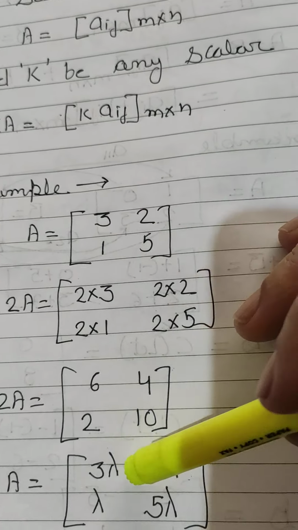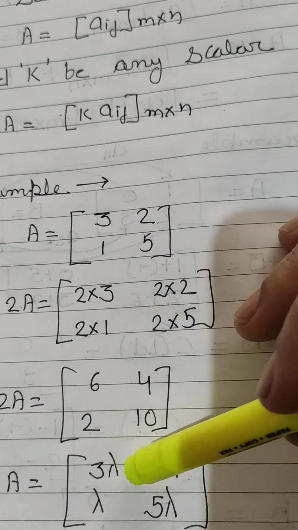What condition? We will see: the product of two matrices A and B is defined if the number of columns of A is equal to the number of rows of B. That is, when we are multiplying matrix A by B, we want the number of columns of A to be equal to the number of rows of B. We see this analytically. Represent A as a_ij, of order M by N. Number of columns is how many? N. B as b_jk, what is the order? N by P.